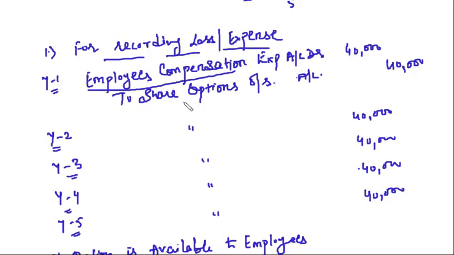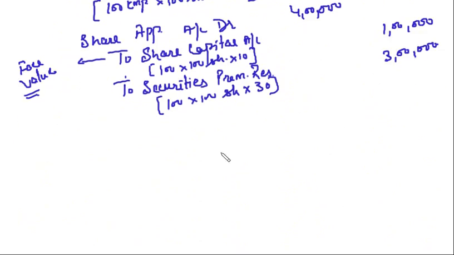Now how will you close this account? Whatever you have credited to this account, you have credited 2 lakh rupees to this account, right? You will debit this account. Share options outstanding account debit